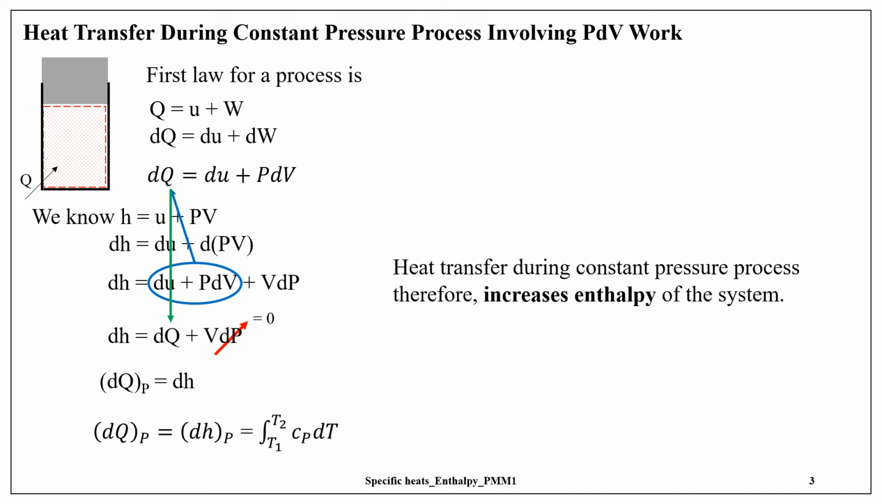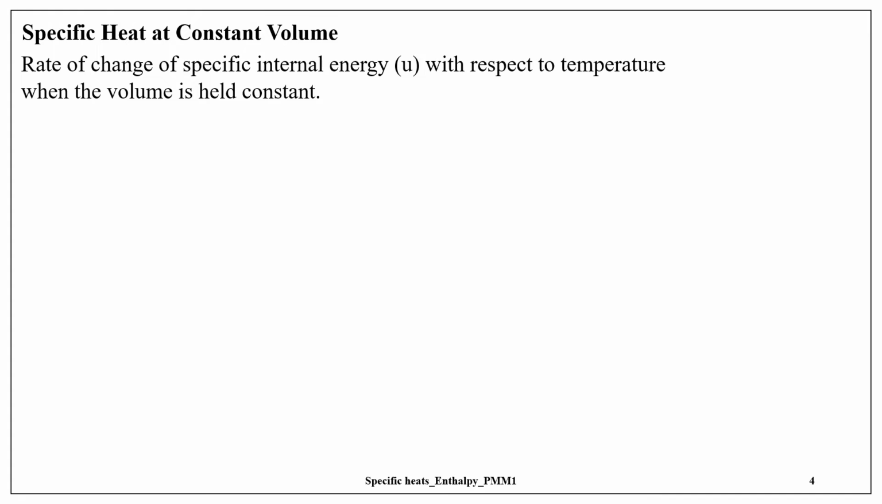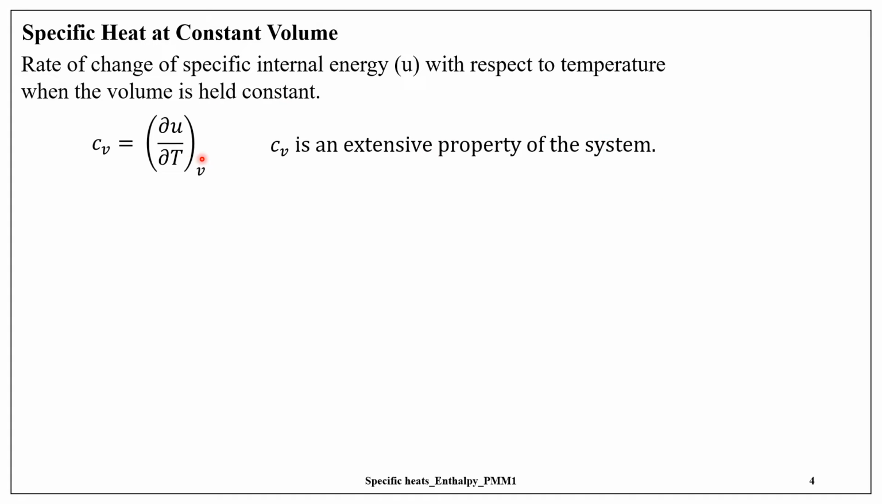Now we are going to define another specific heat called specific heat at constant volume, which is defined as the rate of change of specific internal energy with respect to temperature when the volume is held constant, and it can be written mathematically as C suffix V equal to dou U by dou T at constant volume. So C suffix V is an extensive property of the system, and from this what we can write is